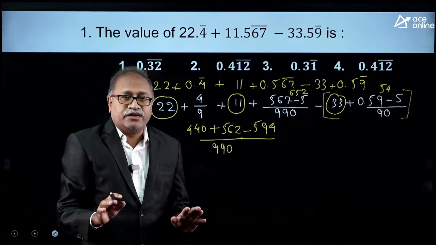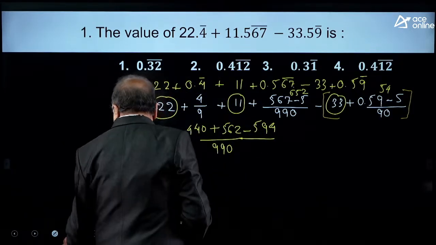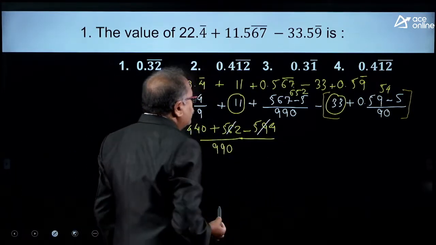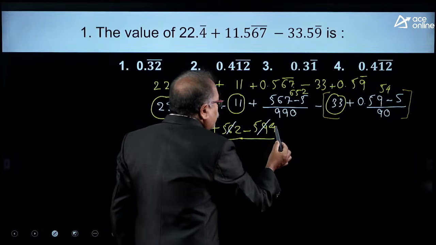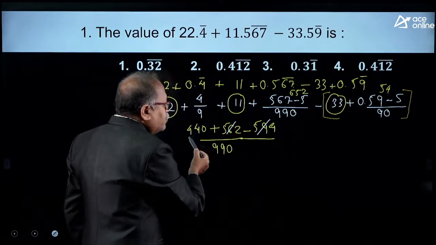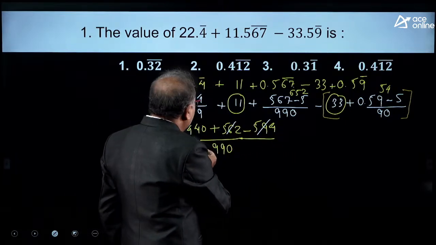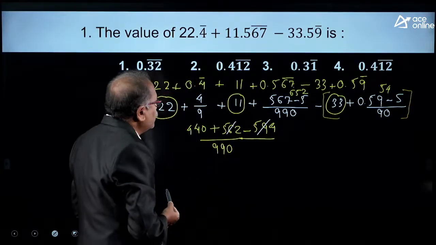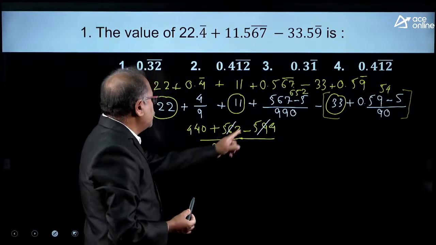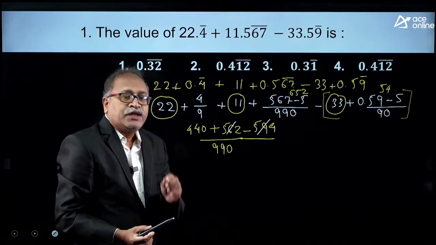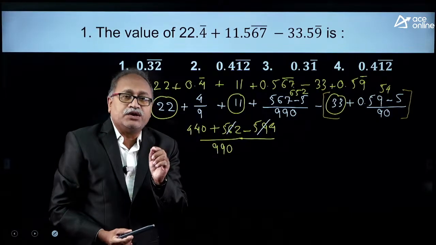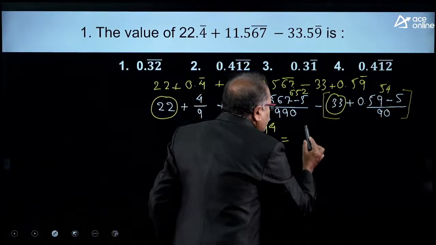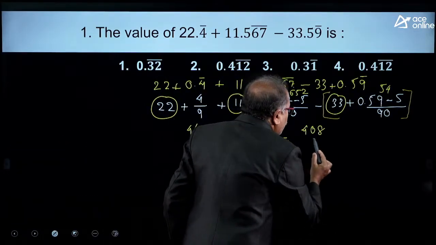Up to this is very clear. Now when I cancel these two parts, plus and minus, look at this one, how much I am getting over here, that is 32. When I add 32 over here, how much will I get? Will I get 400 minus 32? If I go for minus 32, I will be getting 408. So finally when I expand this one, I will be getting 408 by